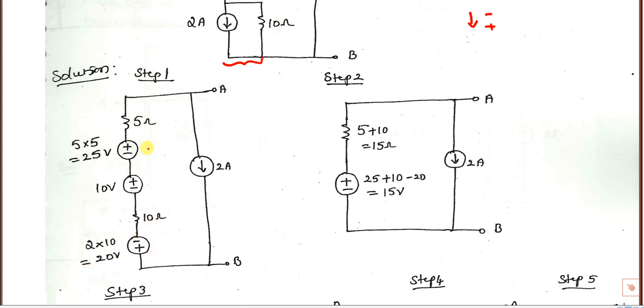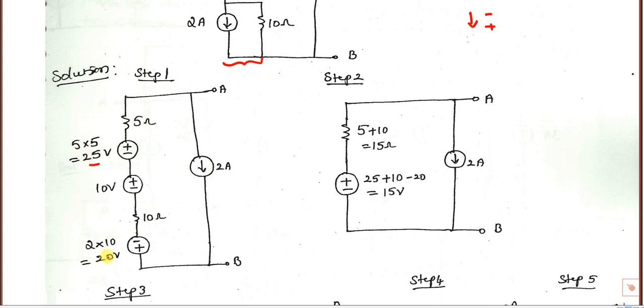Now these three voltages are in series. In series we can add voltages. So plus 25. This is minus plus. Which one is greater? It is not matching. Plus minus, plus minus means we can add both. But here it is plus minus, but this one is minus plus. Which one is greater? 25 is greater. So 25 greater means you have to retain the 25 direction, plus minus here, because in the 25 volts, above is plus. So the same plus is above here, and you have to subtract this 25